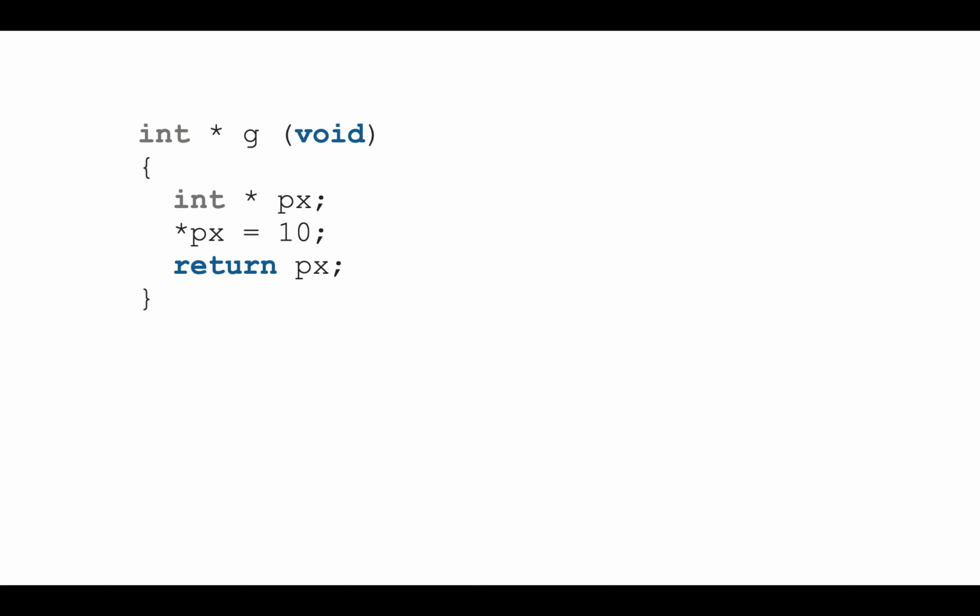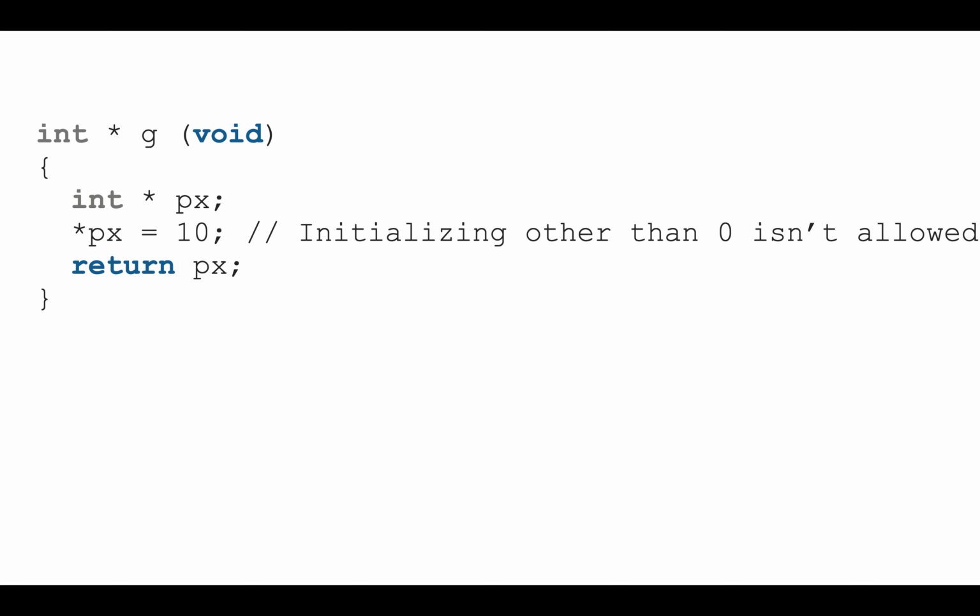Yeah, time is over, guys. Let me tell you, you cannot store any value other than 0 to a pointer variable. Initializing with anything other than 0 isn't allowed with pointers.